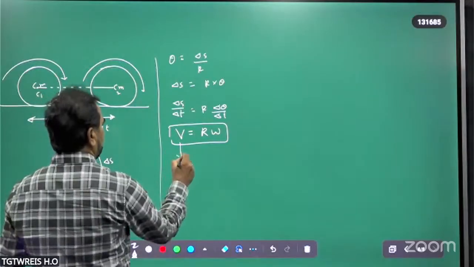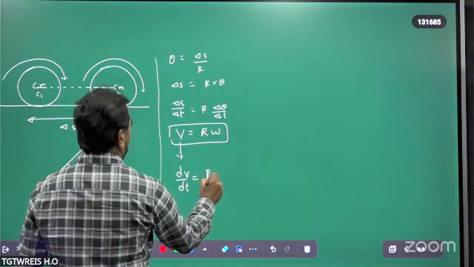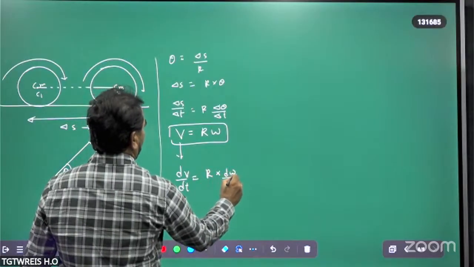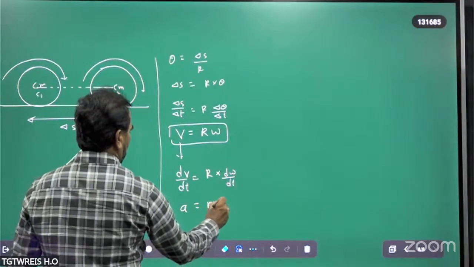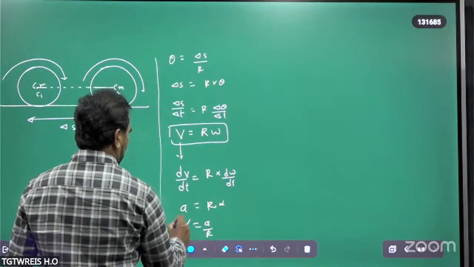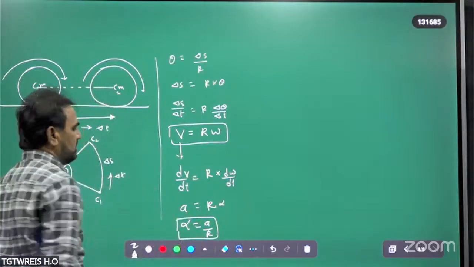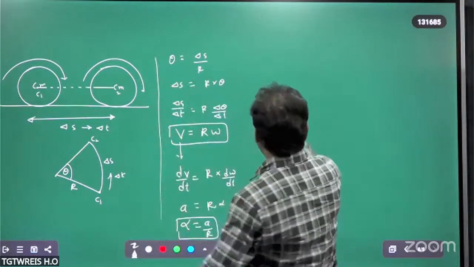Next, again take the derivative. dV upon dt is equal to R into d omega upon dt. That is, a is equal to R alpha. From this, alpha is equal to a upon R. This is called angular acceleration, which is already known. Okay, here, see, in case of pure rolling,